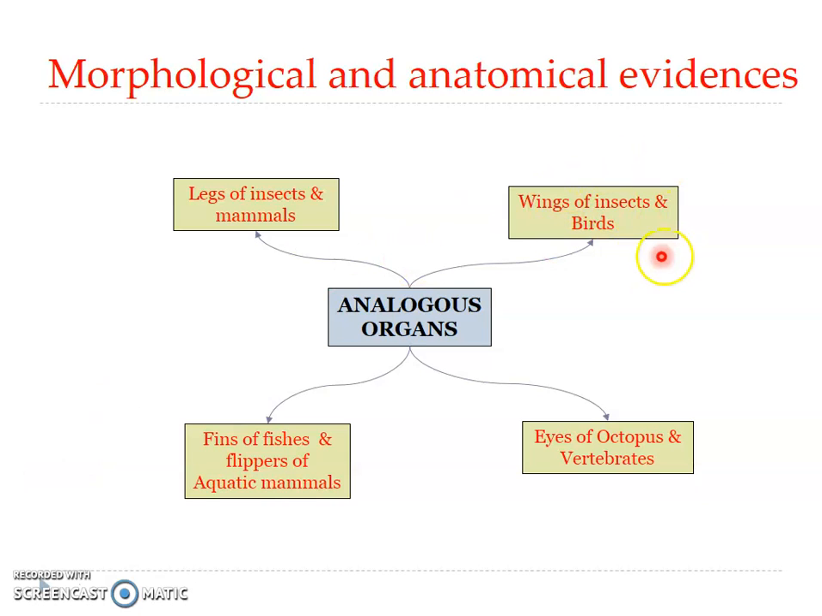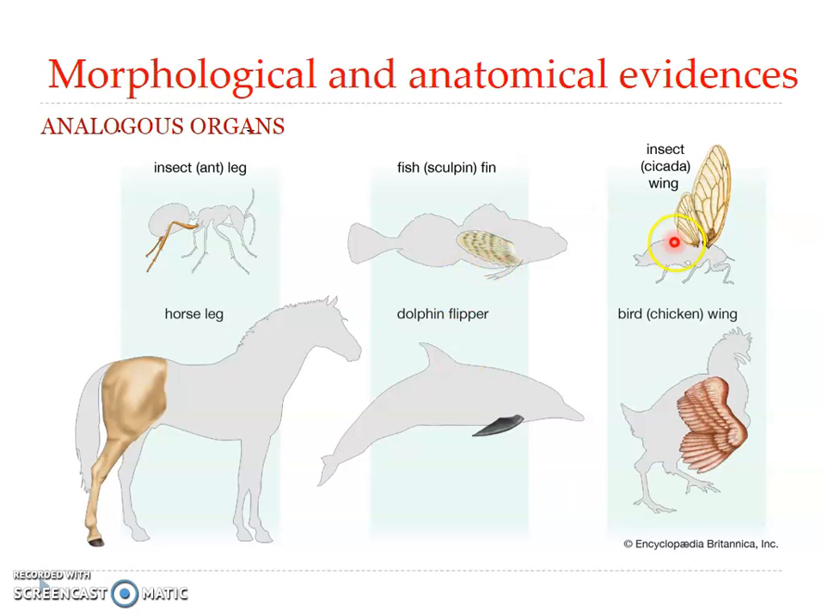One is wings of insects and birds, another is leg of insects and mammals, then fins of fishes as well as the flippers of aquatic mammals, and eyes of octopus and vertebrates. So we'll look here. We can see the different examples. The first one given, the leg of an insect and leg of a horse. Both perform similar tasks, that is, it is meant for walking, for locomotion, but they have